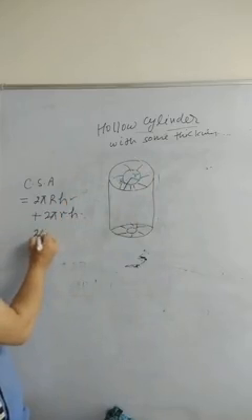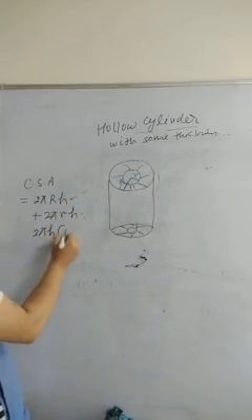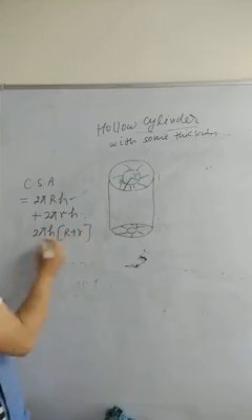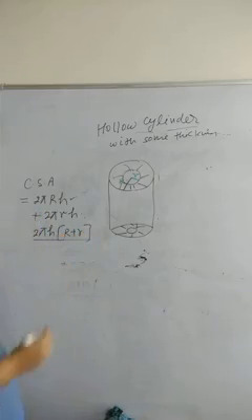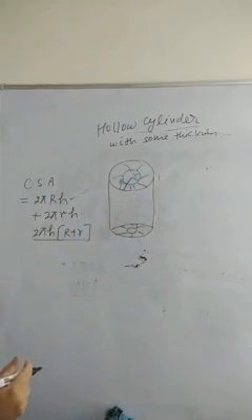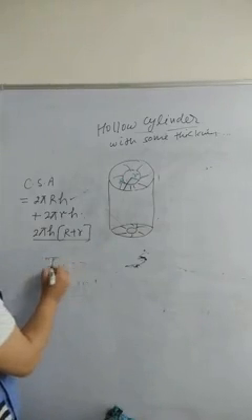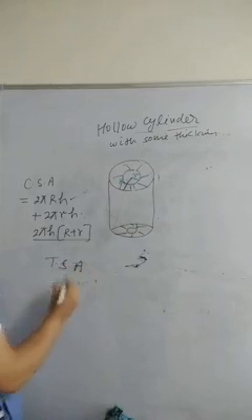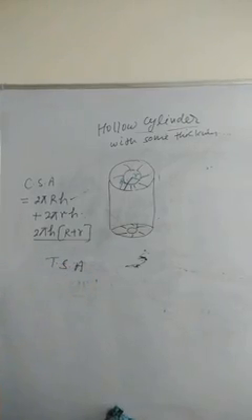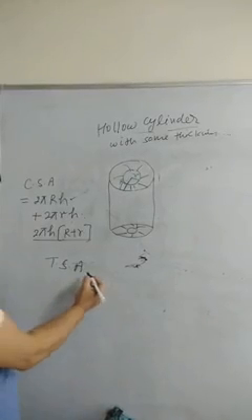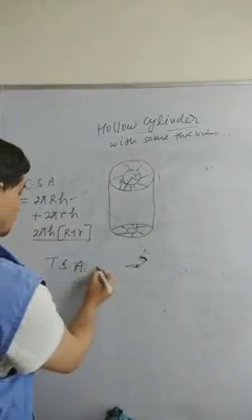If you want, you can take 2 pi h common. This will be R plus r. So this will give you the curved surface area of a cylinder with some thickness. Got it? Now if it is asked to find the total surface area of it, it will be the total surface area you want to calculate here.